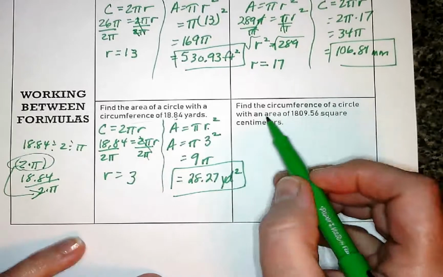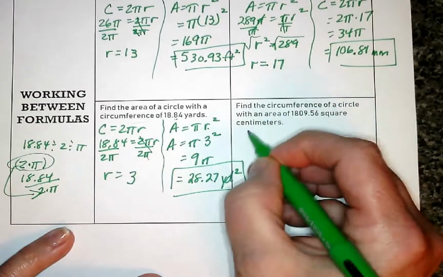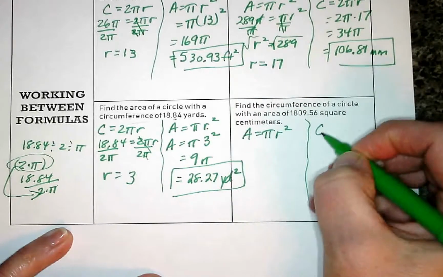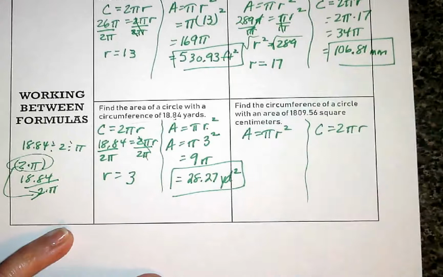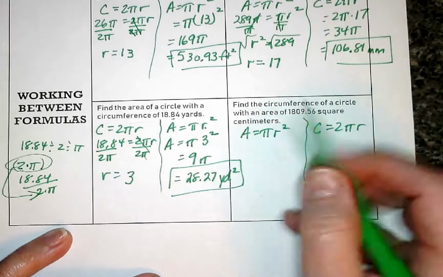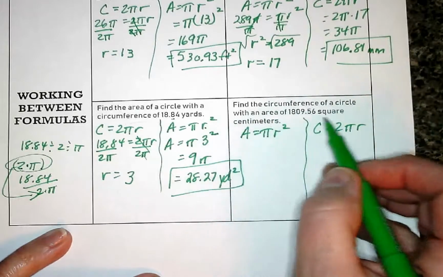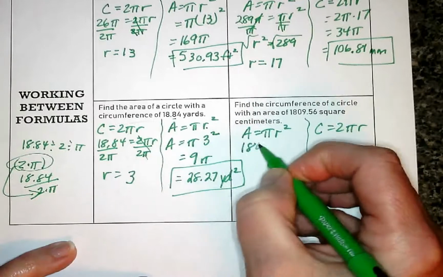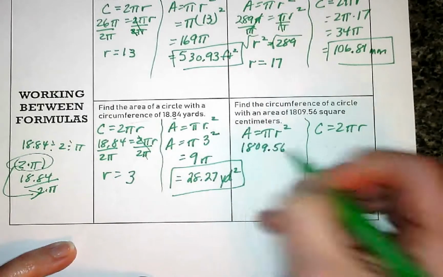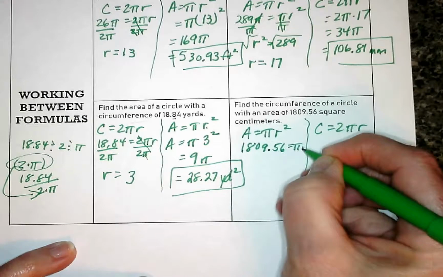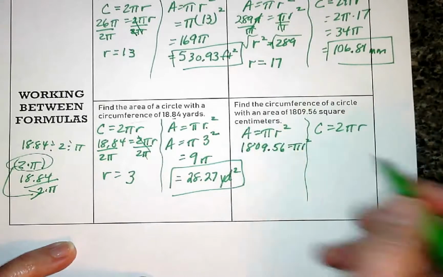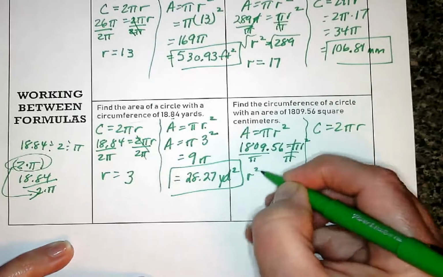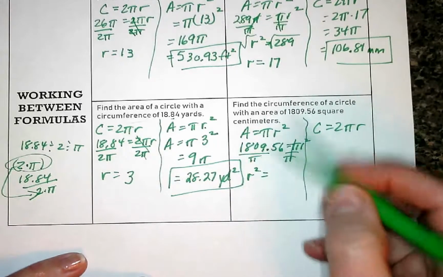Last one. Find the circumference of a circle with an area. So I know the area, and I want to find the circumference. Okay, so they tell me the area is this big number here. Let's just fill that in. 1,809.56 equals pi r squared. Going to divide both sides by pi. So r squared equals, now on this one you could take